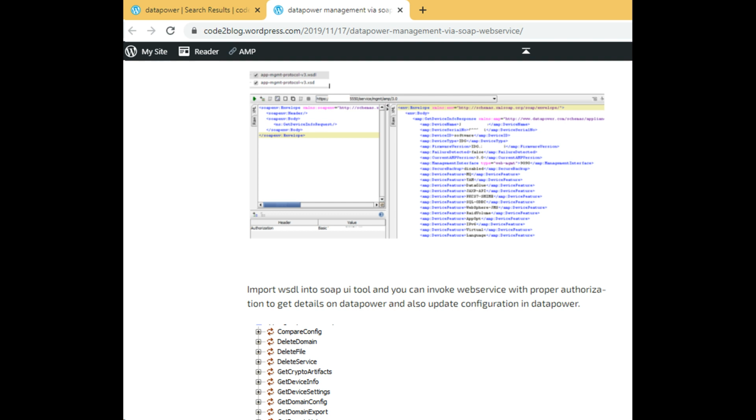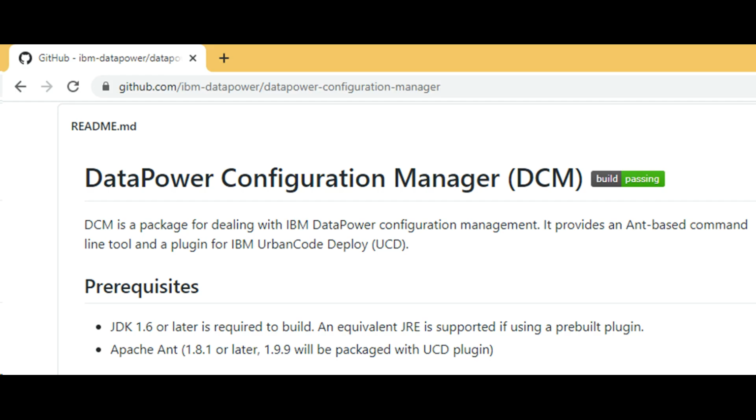Yes, there's a GitHub repository from IBM called Data Power Configuration Management, DCM. Okay. In Data Power, I can see the configuration management. You're saying DCM is available in GitHub?